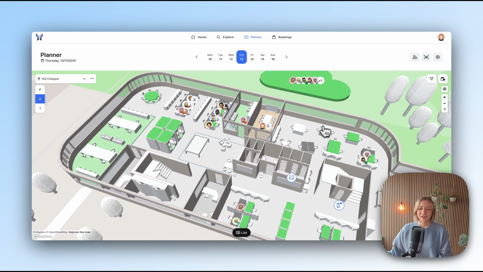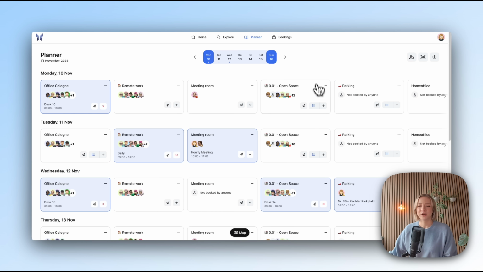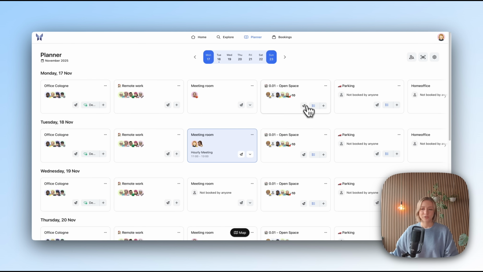What else do we have here? We also have a list view, which is super cool in terms of booking the resources in a very quick fashion again. So if I don't feel like browsing through the map today and I just want to have a quick sort of my work week planned, then I use this list view. This list view is personalized by me. So I favored resources, again, so put a heart behind them, and then they appear in my list. So every user is going to have an individual view here.